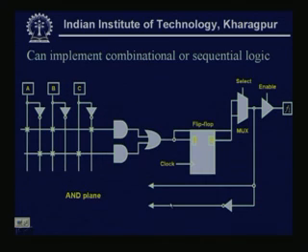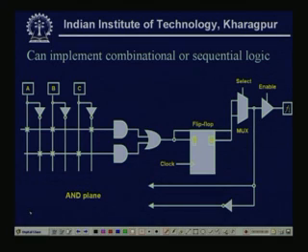Not only combinational, we have seen that the sequential part can also be realized by using this programmable AND and fixed OR plane. So, any one of these, PROM, PLA, PAL that we have discussed so far, can be the